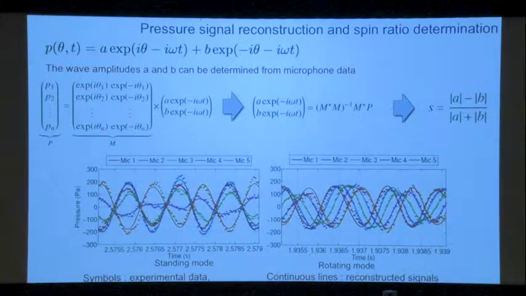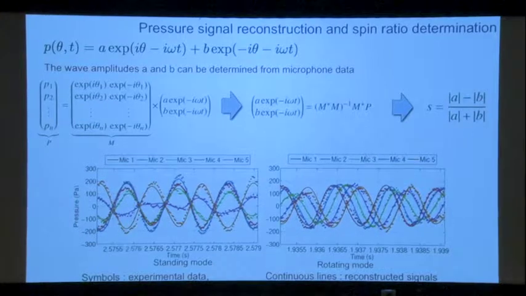And how is it manifested in terms of the microphones? When you have a standing mode and you look at the microphones, this is how they look. Some microphones are like that, the others are on the other side. So when the pressure is positive here, it's negative there. When it's negative here, it's positive there. You have this sort of distribution for the microphones. If you have a spinning mode, this is how the microphones look. It's a wave-like distribution of the pressure.